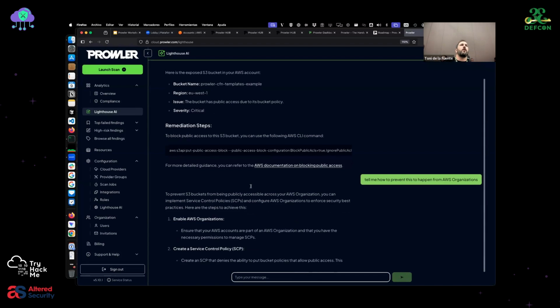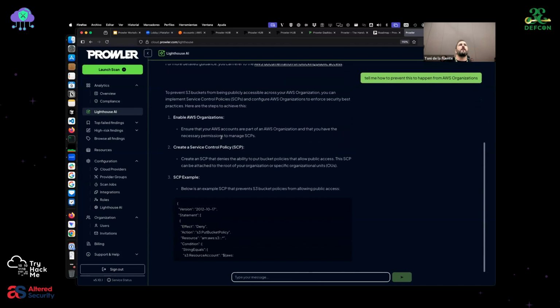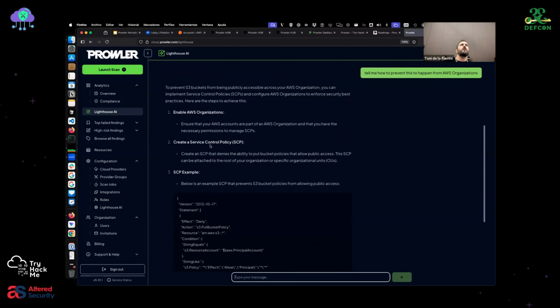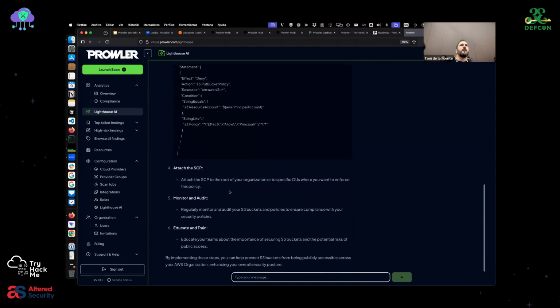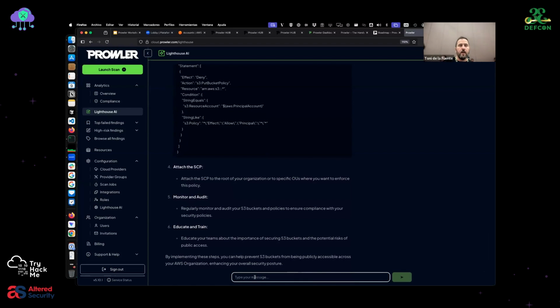Okay. Of course, you need a service control policy. This is how to enable AWS Organizations, create an SCP, and this is an example of an SCP that you need to know for that. Okay, attach the SCP, etc. Okay, now give me the Terraform